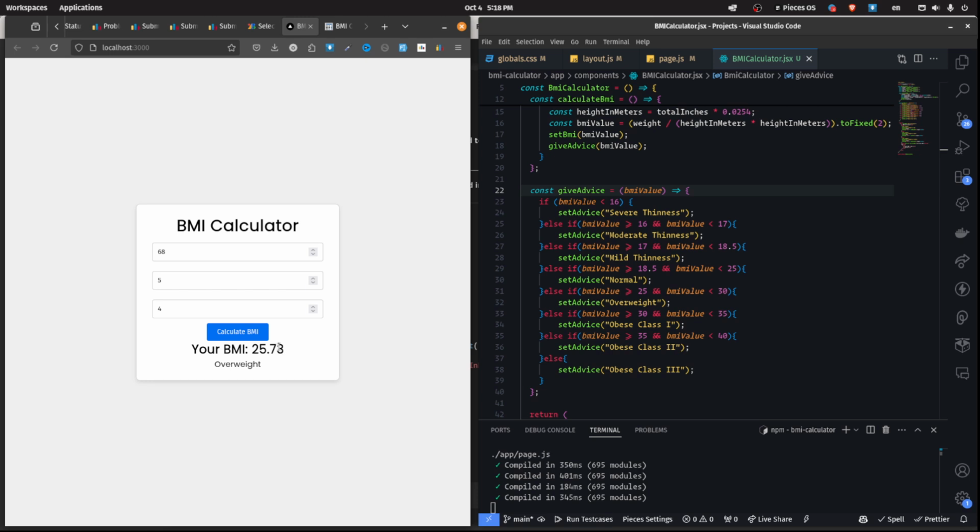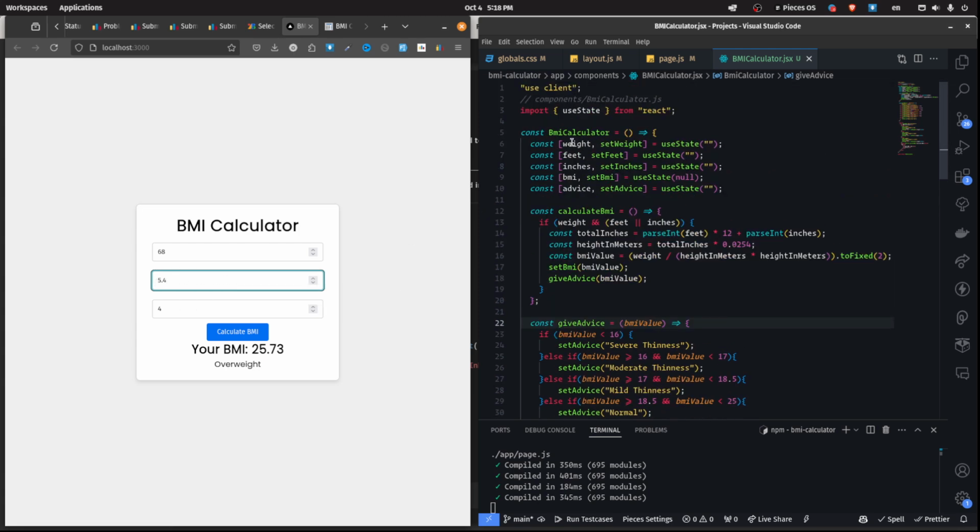5.73. Hmm. But I don't want an input field like this. I want to give input as, for example, 5.4, as 5 feet 4 inches, and the calculate BMI function will separate those values, the integer and float part, and then do the calculation. Okay,